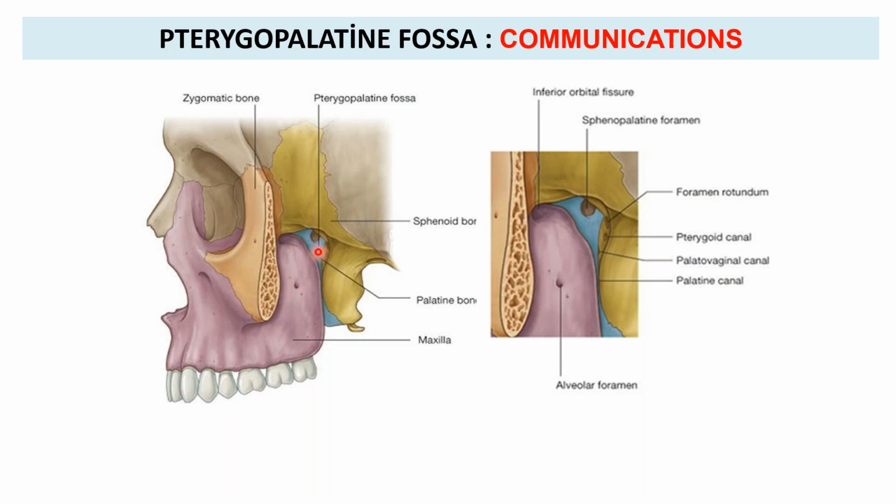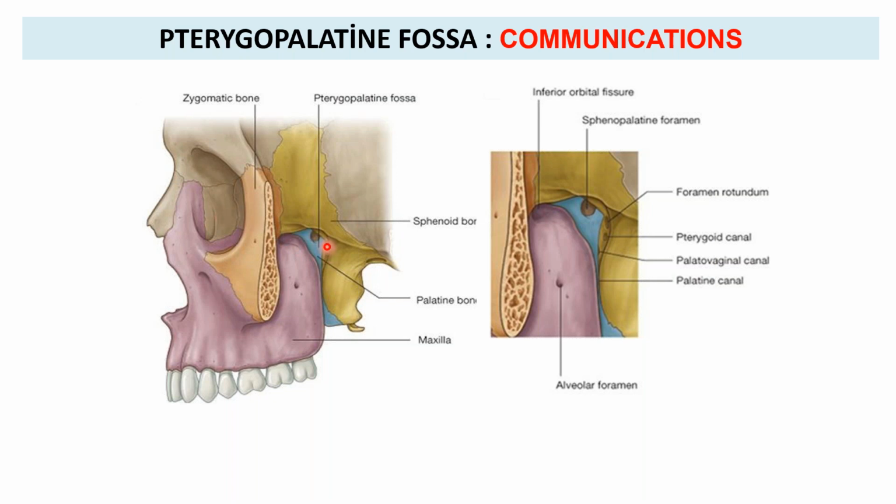So now this is the pterygopalatine fossa. One communication that I've just described was through the pterygomaxillary fissure. It was communicating with which fossa? It was communicating with the infratemporal fossa. And one more I've told you, because this is just behind and below the apex of the orbit. And what is this fissure over here in the anterosuperior wall of the pterygopalatine fossa? This is the inferior orbital fissure, which we did in the orbit. So through this inferior orbital fissure, it is going to communicate with the orbit, right?